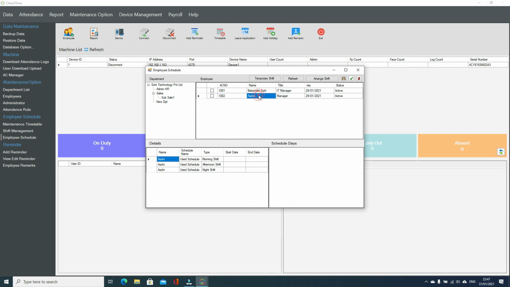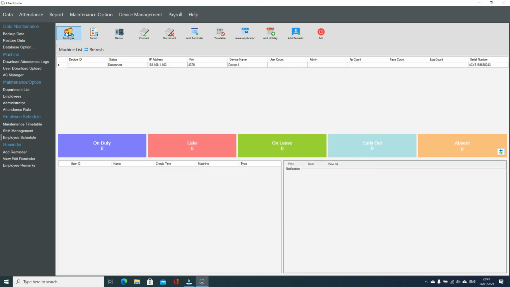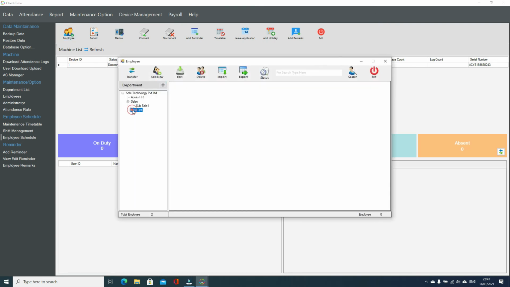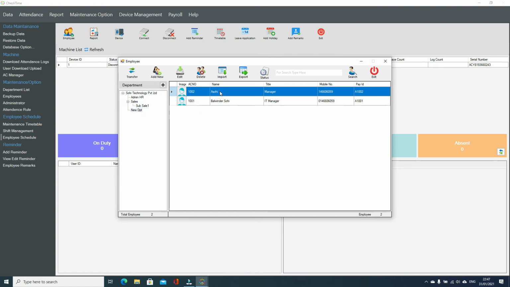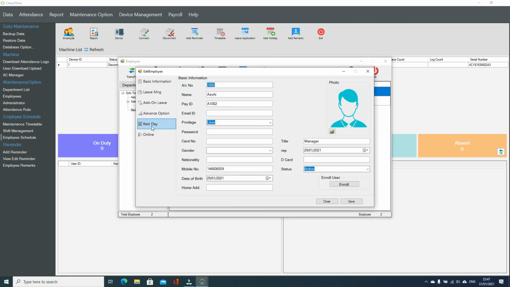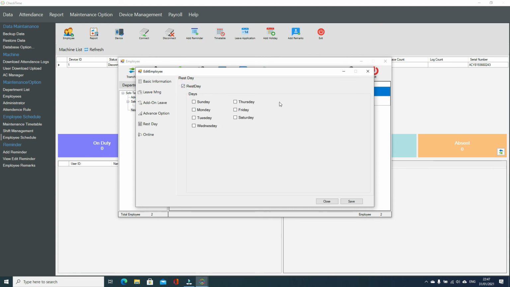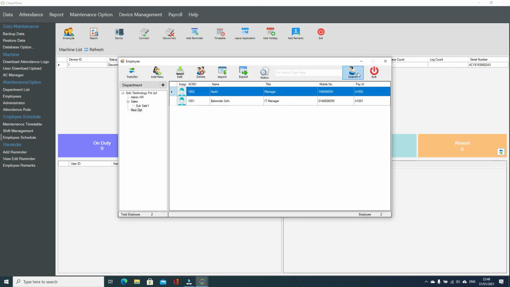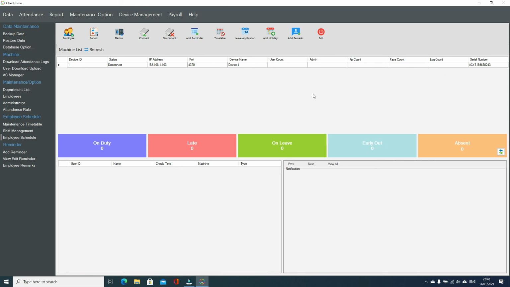So this is for this employee. Another thing, in rotating shifts, some employees have different rest days. Suppose my rest day is Monday and other people's rest day is a different day. So if you want to handle the rest day for this employee, then just go out from here, go to employee, go to the employee name, edit, select rest day, click the rest day, select any rest day that belongs to that employee, save. Based on this rest day it will calculate your overtime and other things.